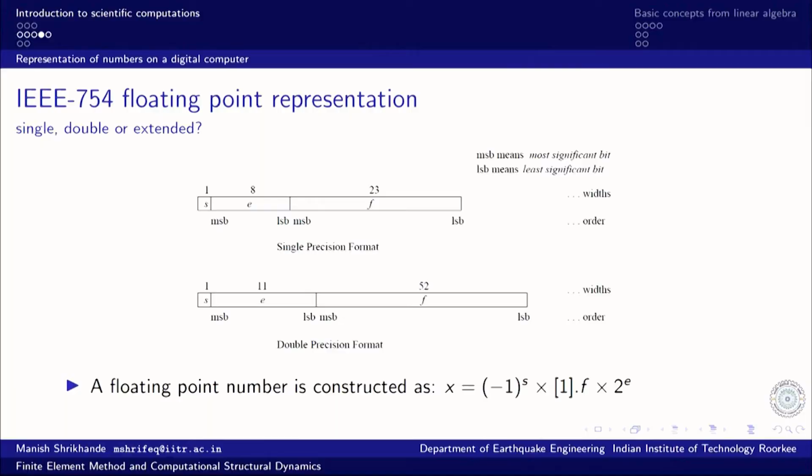Hello. So, continuing with our discussion on floating point representation. There are two standard representations, earlier IEEE 754, that is the floating point representation, and now all digital computers, all vendors, irrespective of make, comply with the IEEE 754 floating point representation. This representation came into existence in the late 80s. Before that, it was complete chaos.